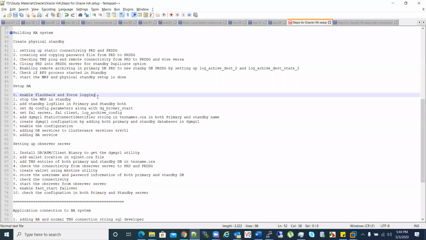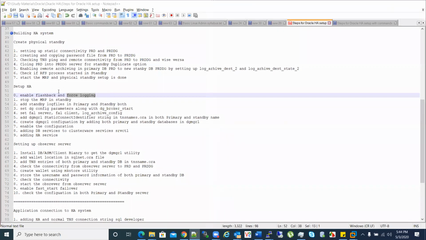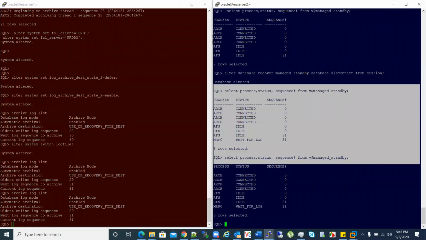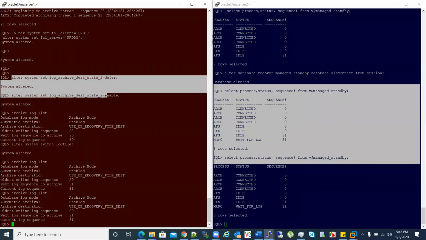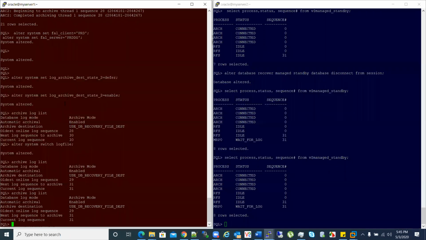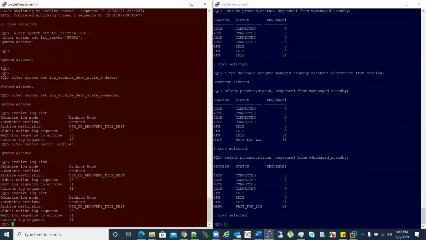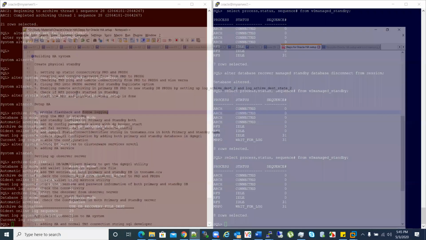With force logging, whatever you do in the primary will be captured in a log file, because we want all the changes made in the primary database to replicate here. Even if a user uses the nologging option while performing a huge task, it is not going to log into the log file. That means the data you change in the primary with nologging will not be captured in the log file, will not get archived, and will not come to the standby. So the data will mismatch here. That is why both things are important.